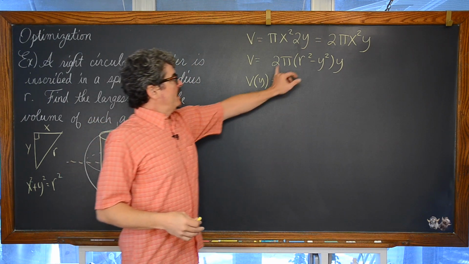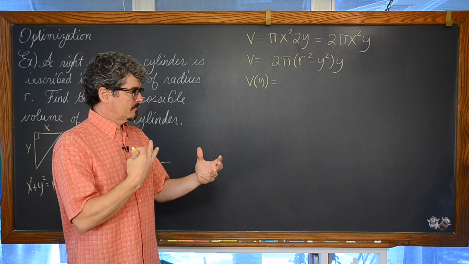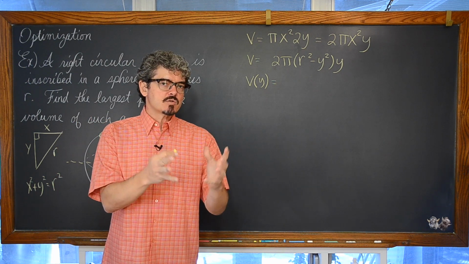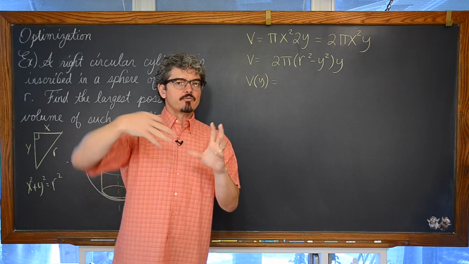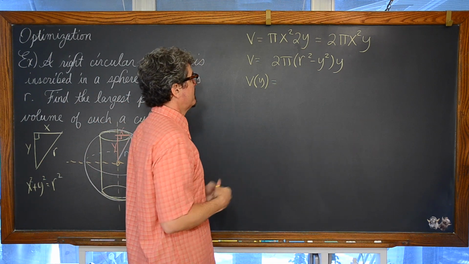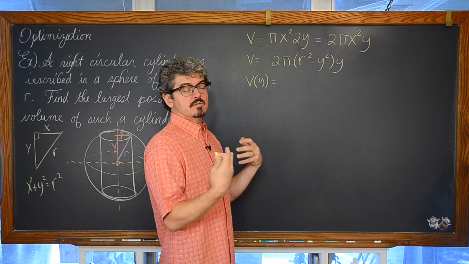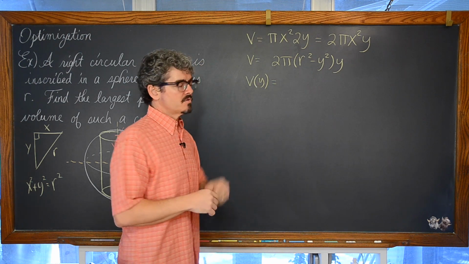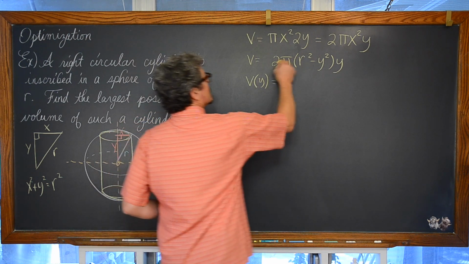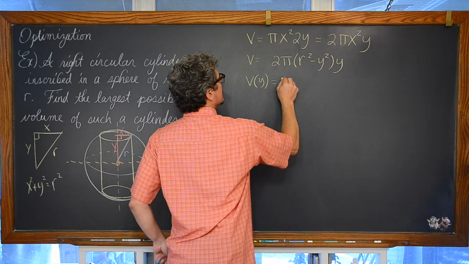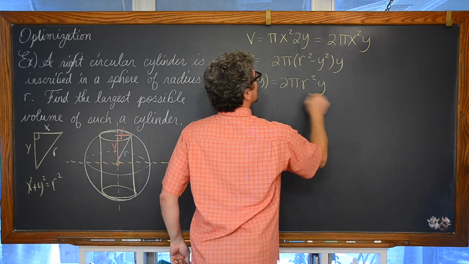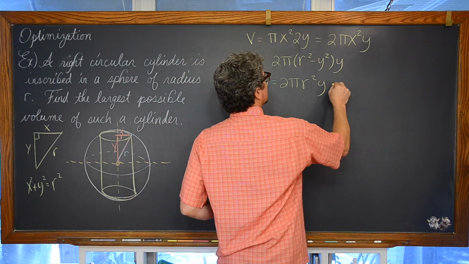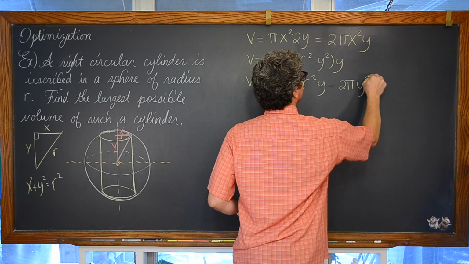And I'm also going to go ahead and distribute all this together, because what's the next step after setting up your primary function with optimization problems? After you bring in that information from the secondary function or that fixed value, you need to optimize it. You need to use the first and or second derivative test to find where that function is either at its maximum or minimum. So 2 pi y times r squared, so 2 pi r squared y, and then 2 pi y times negative y squared is negative 2 pi y cubed.